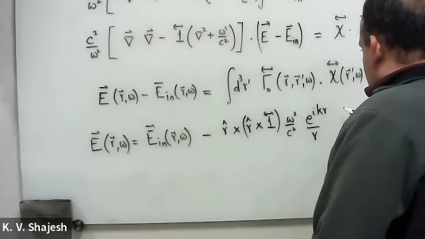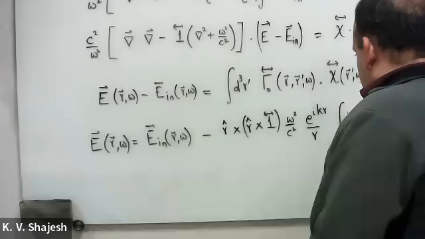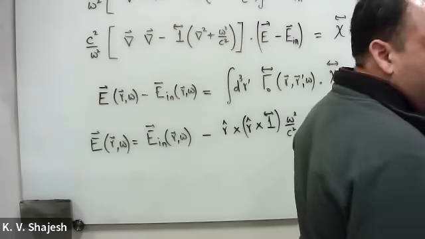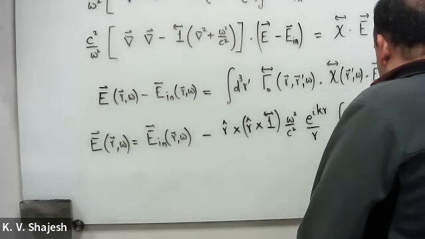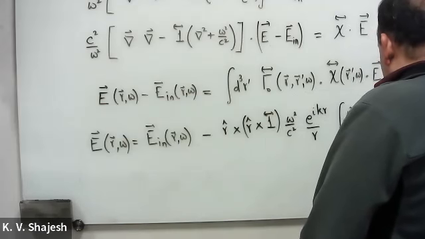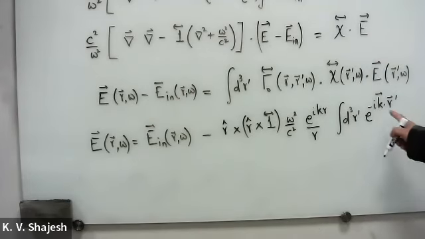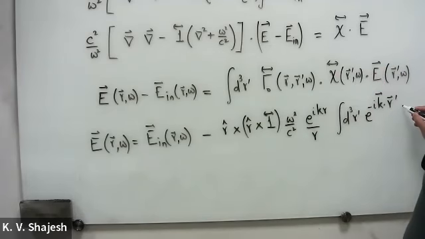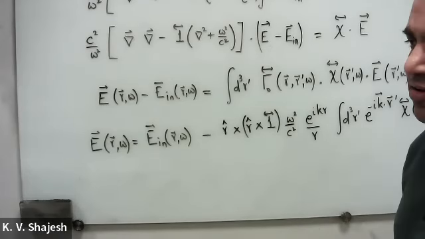And whatever is sitting in here, but now there is an exponential of minus i k vector dot r prime, and that's your Fourier transform. Notice that a Fourier transform exponential shows up, which means that it will be the Fourier transform of the space, chi of r prime, omega dotted with E of r prime, omega. There is still a little fishy thing in here. This is not really a solution